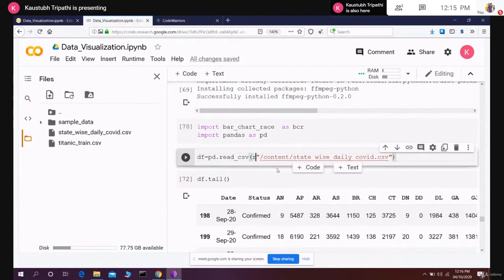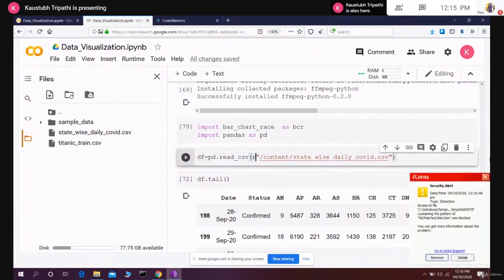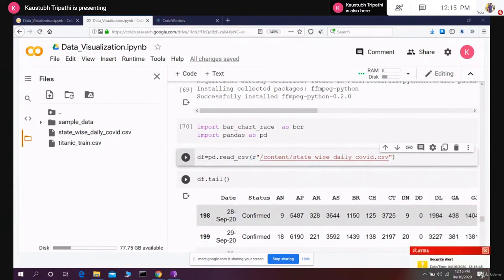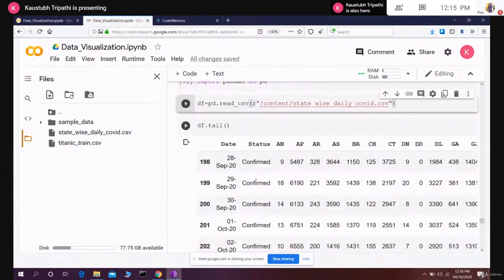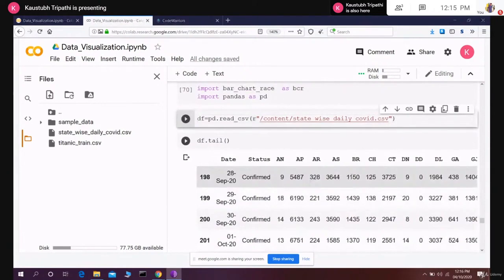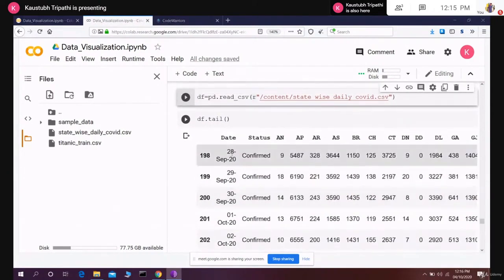Okay, if you run it, I saved this complete CSV file, this data frame, inside of my df variable over here. And then what I did, I used the df.tail method to see the, my,